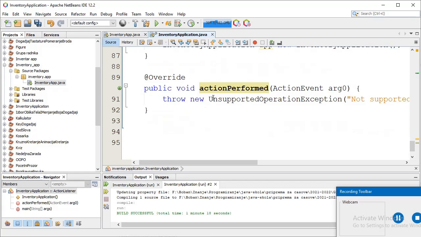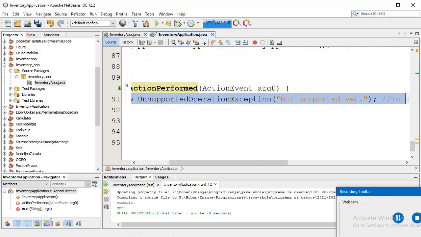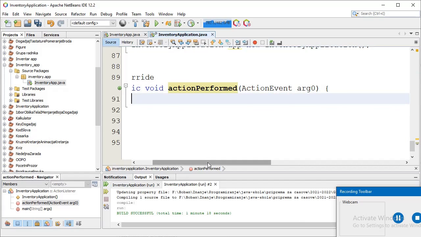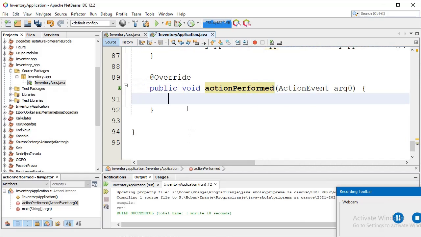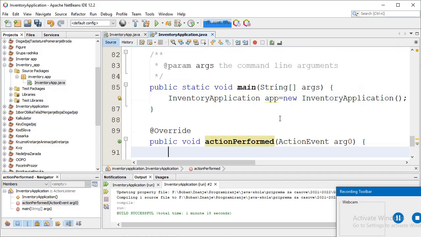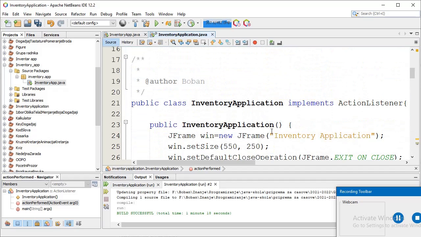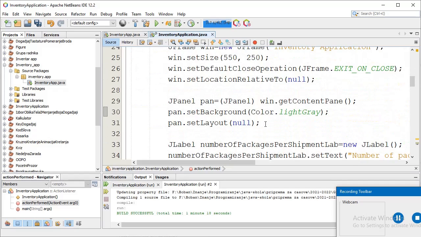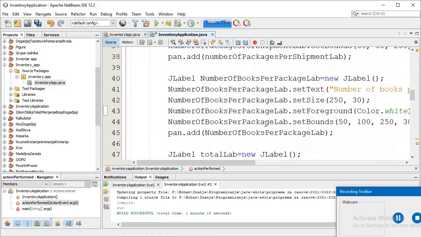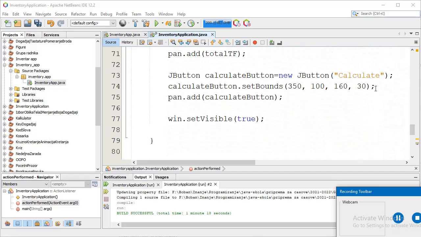We get a method which overrides the abstract method in the interface ActionListener. We will add business logic in that method. That method will be called after clicking the JButton. We need to add one line of code for the JButton. We must add an action listener object.